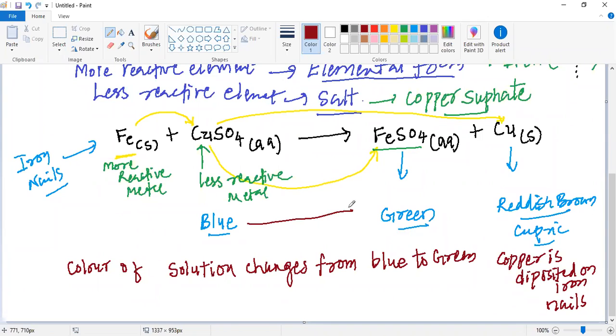This is because the copper sulphate is being utilized, so the blue color, which was because of the copper sulphate, goes away, and the new substance formed is green in color, and that is why the color of the solution changes to green. So now, my dear students, this is how we understand the activity. Do you have any doubt? If you have any